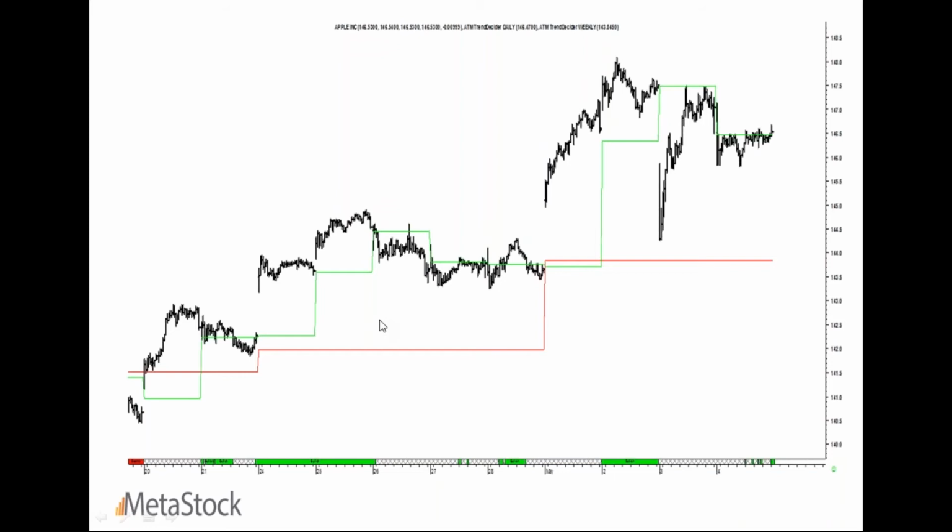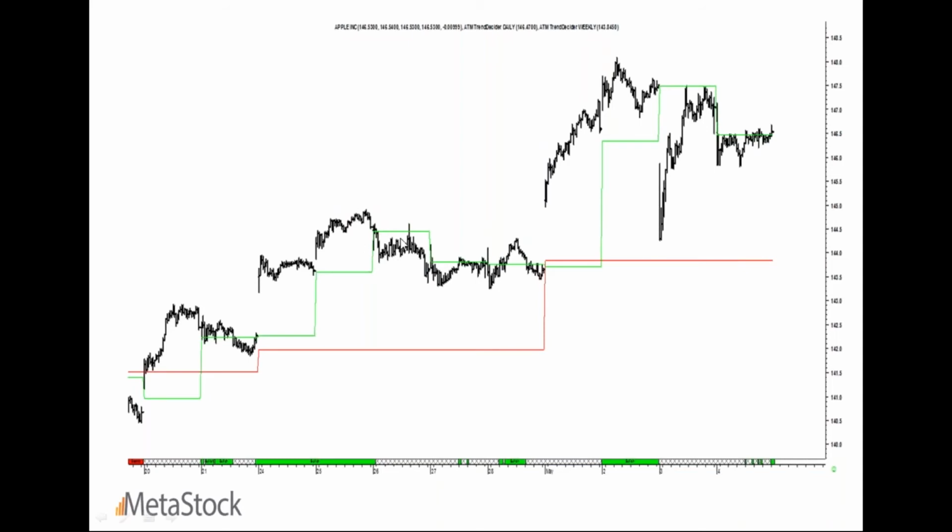I actually designed this for an institution who was trying to do some risk management, and we were trying to work out trailing stop models based on their risk profile. And I got to give credit to them somewhere, because they told me that, hey, this is actually working out to be a great entry model. And when I dug deeper and I tweaked the indicator a lot more, it just worked out so fantastically. So you can use the Trend Decider for trailing stops. I love using that weekly level. It's such a great way to trail stops, and at the same time understand where the trend shifts.